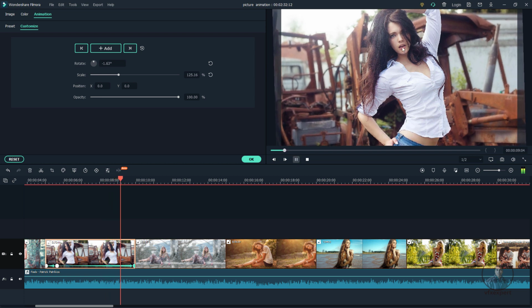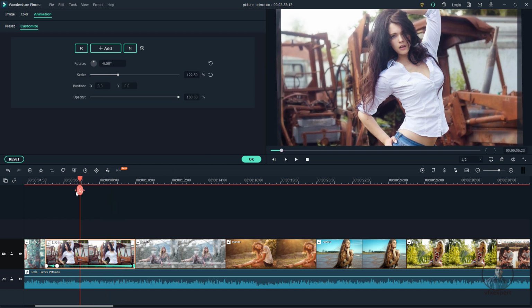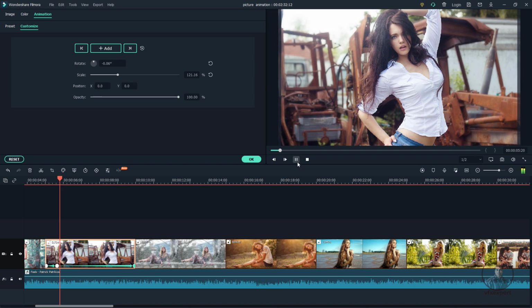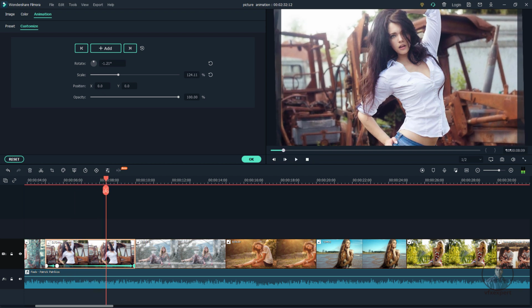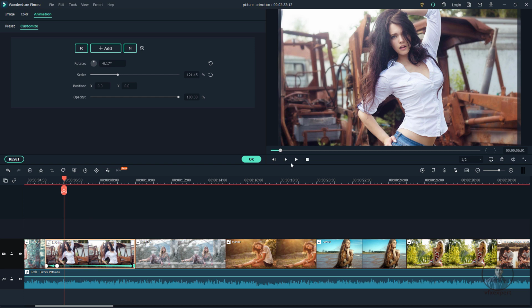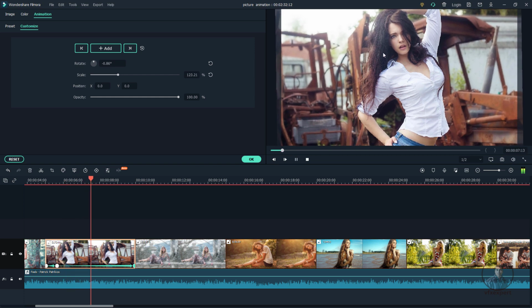Now, guys, if you see here, we are getting a little bit of pixelation while you are playing here. This is just your preview quality. Remember this one. But in the output you will get good quality. Now you can see this preview quality. You can also check this option here, use original media when possible. Now just play and check. So remember this one, this is only for preview quality.